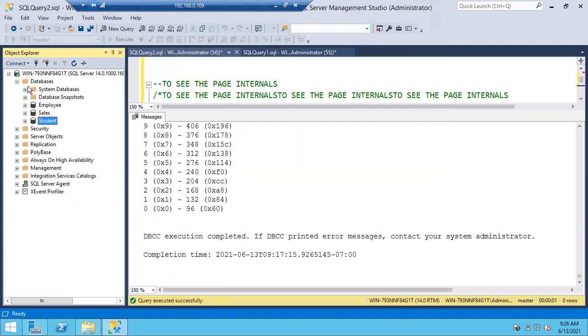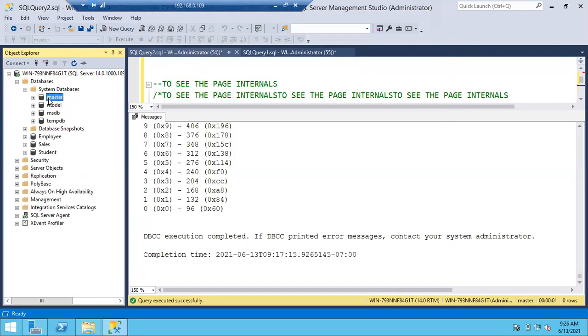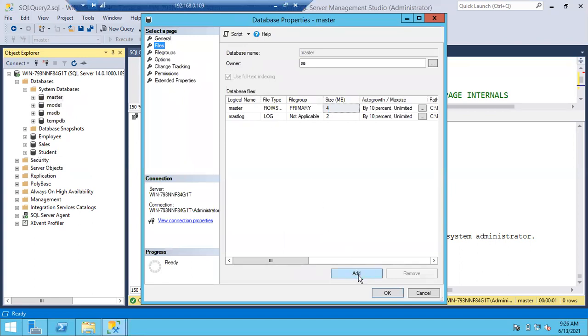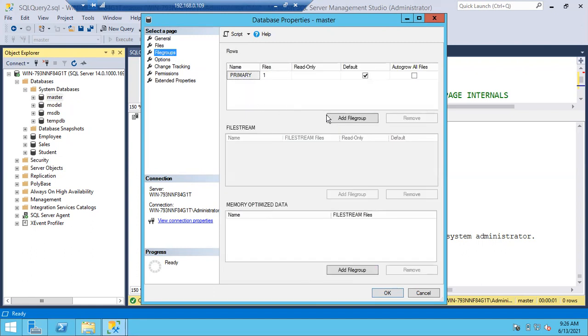We have system databases, right? Now I want to know for how many system databases I can add files and file groups. Same thing, you have to go to the master, go to the files page, click on add, give the file name, click OK. In the same way, for file group, click on add file group, give the file group name, click OK.